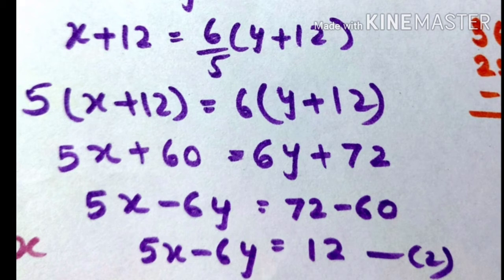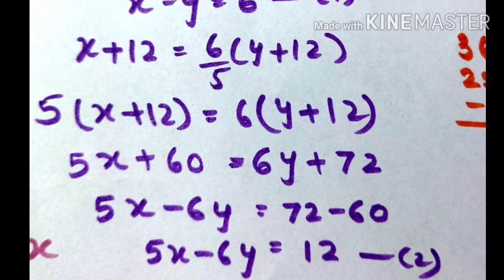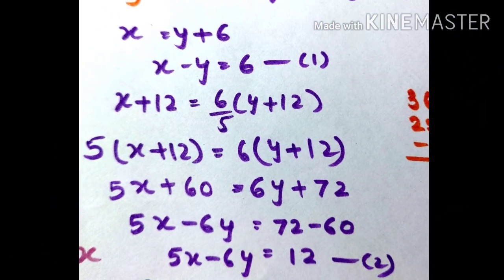So students, you can solve using any of the methods, either substitution or our elimination method, and get your x and y values, which are the values of man's age and his wife's age at the time of marriage, which you can find by solving the equations yourself. So next question we are taking now.